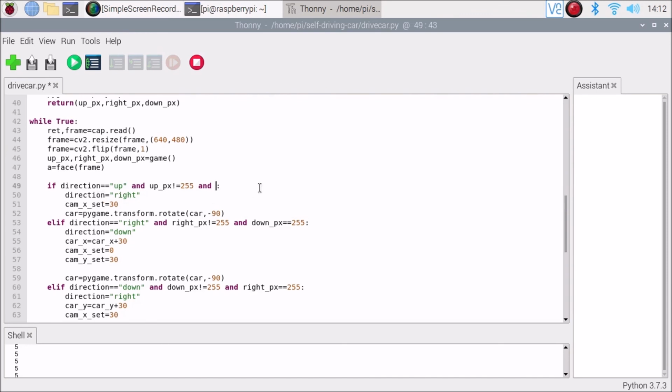So simply we need to say here, when we go at the right using our face, the number is basically greater than 5. So we can say a is greater than 5, then only our car will move right. Okay, so if I save the code, if I run the code,